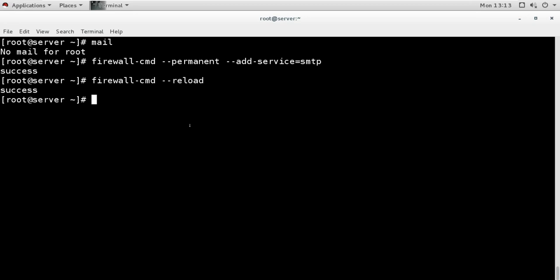So if we want to accept the mail from the other machine, why do we want that? This is because we want to configure it as a mail server. Now, mail server means what? Suppose this is our mail server. Now when clients log in, they will log into the client machines. They will not log into the server.